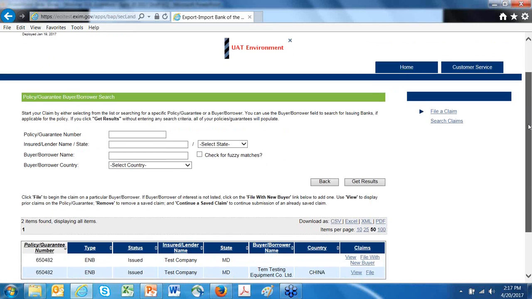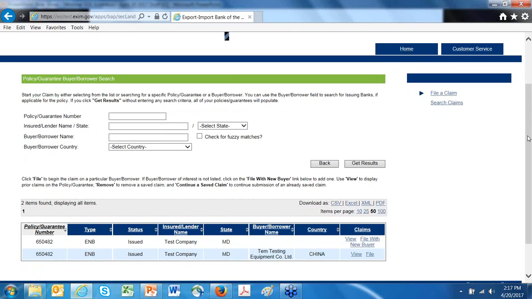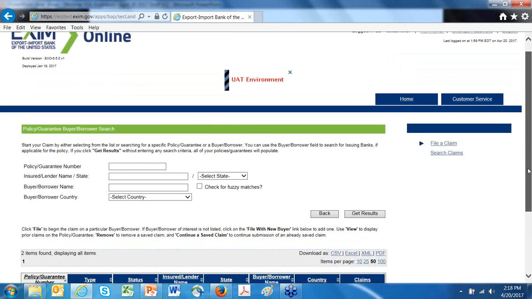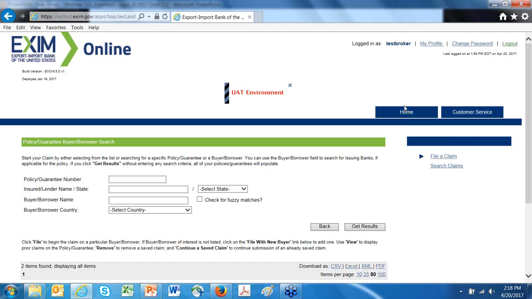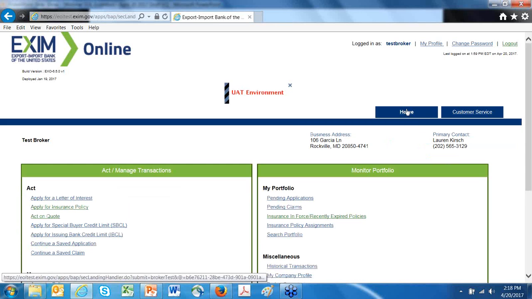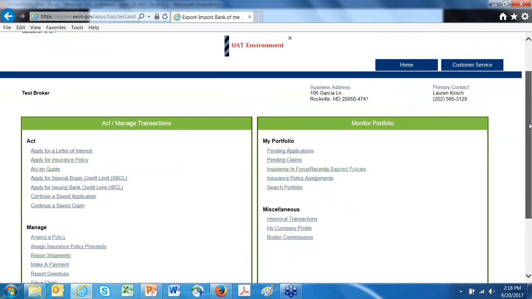So you can initiate a claim here. You'd enter the relevant information with respect to the policy, or check the policy down below, and you can either view a claim or you can file a claim. Okay, I don't want to get us caught in that warp too many more times. So let me just point out a couple more final items.